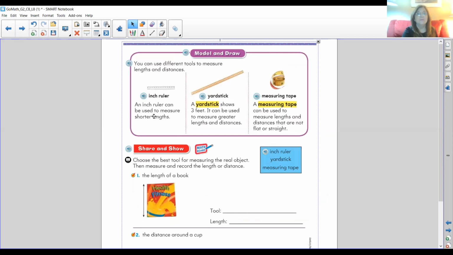An inch ruler can be used to measure shorter lengths and things that are flat, like in Jessie Bear video, measuring a pen. You would want to use just a ruler because a ruler is short and so is a pen. Now a yardstick shows 3 feet. It can be used to measure greater lengths and distances. So if you wanted to measure all the way down your hallway, if you have a hallway in your house,